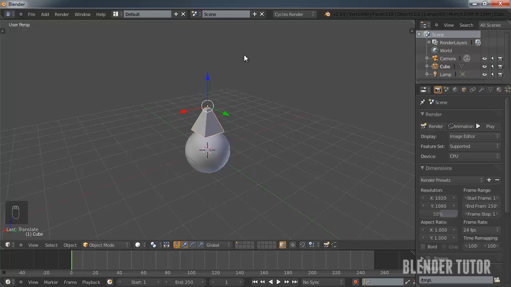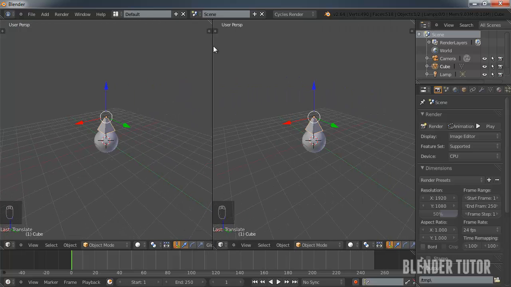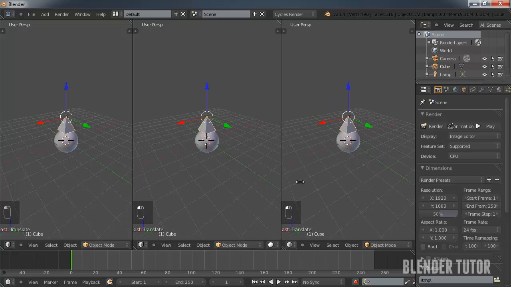It is pretty useful. And you could actually even multiply your screen view like this just by going up in the top corner or even the bottom left corner and dragging it over.